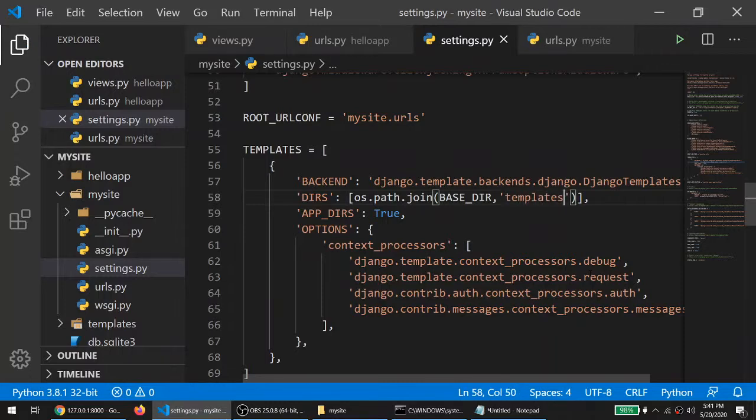So you have to inform your Django template settings that we have created one new folder and the folder name is templates. Okay. So this is the basic structure for the concatenation of the folder.